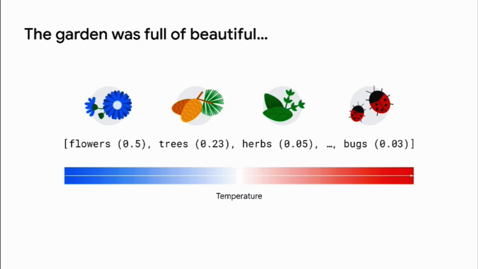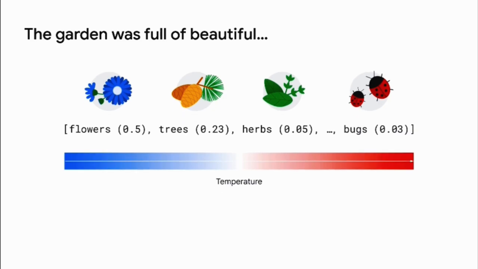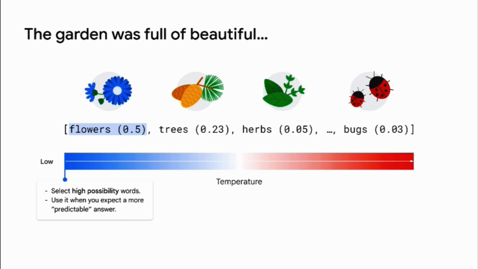Temperature is a number used to tune the degree of randomness. Low temperature means to select the words that are highly possible and more predictable. In this case, those are flowers and the other words that are located at the beginning of the list. This setting is generally better for tasks like Q&A and summarization, where you expect a more predictable answer with less